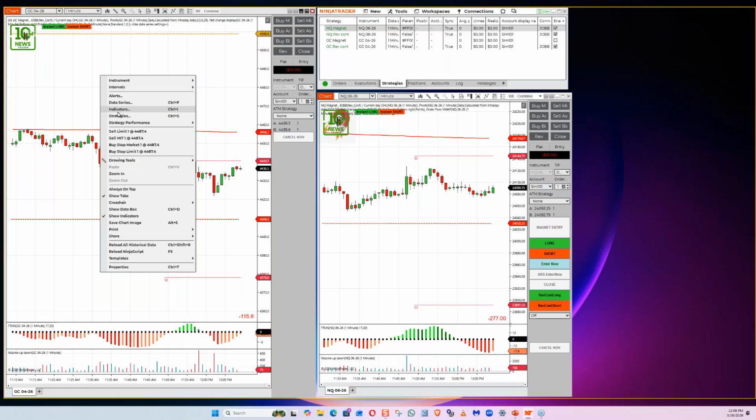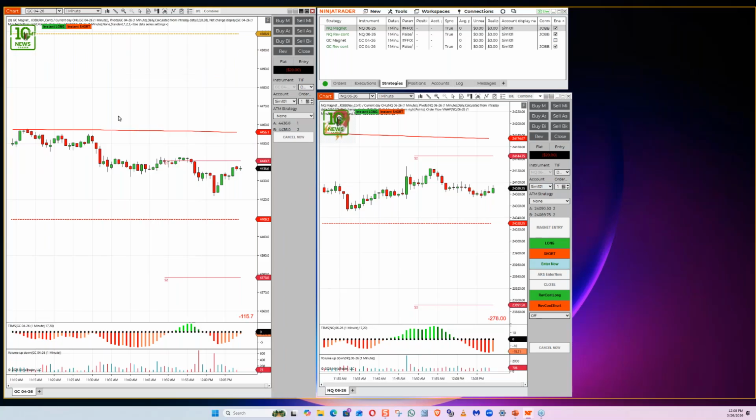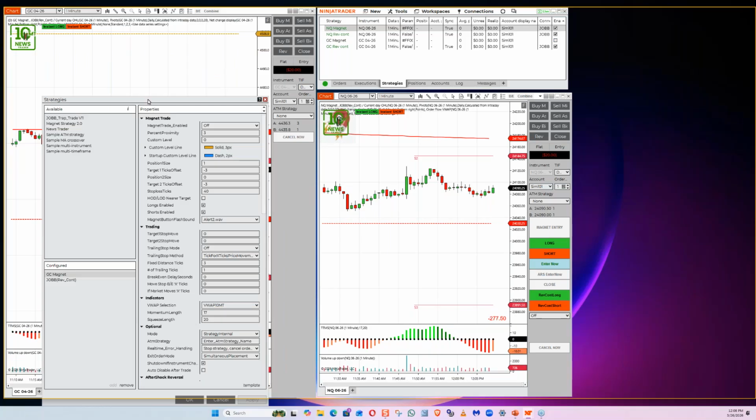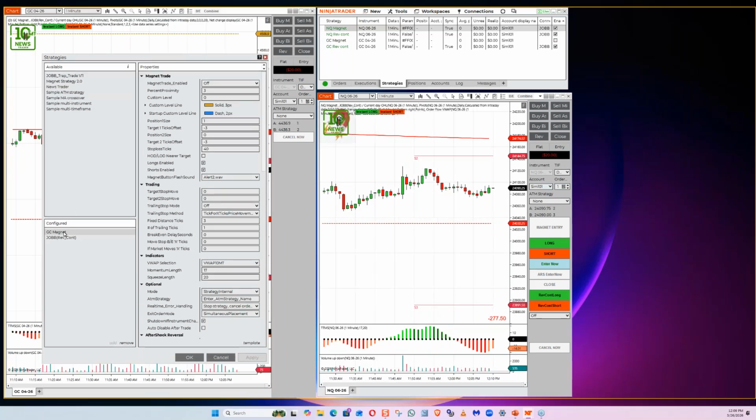They calculate the same. The levels are the same, but it is different if you're not lifetime. So when you turn on your strategy and you highlight magnet, if you notice, the VWAP selection under indicators is either going to be order flow VWAP or the VWAP 10MT, our 10-minute trade VWAP. So if you don't have a VWAP and you're not a lifetime user, just make sure it's configured for VWAP